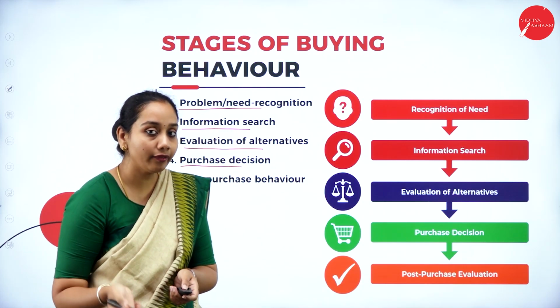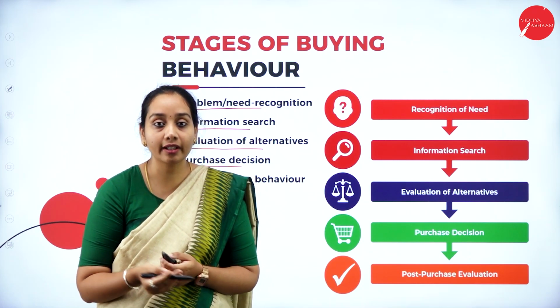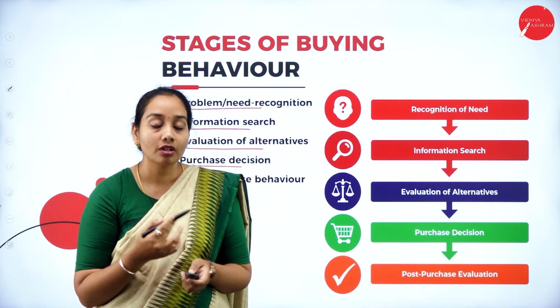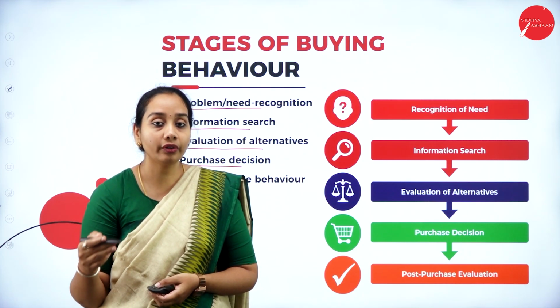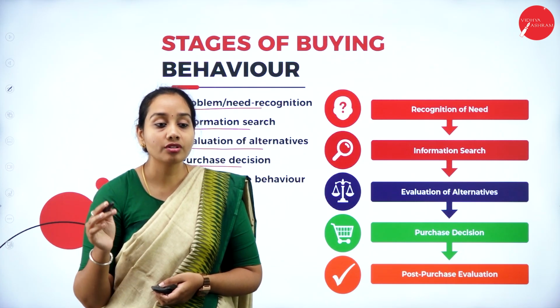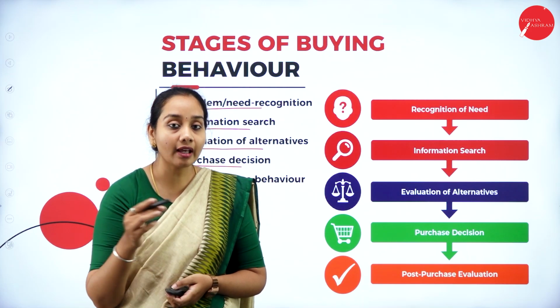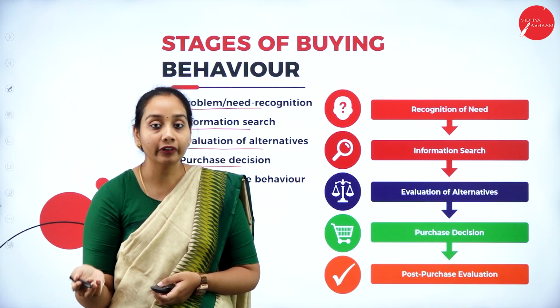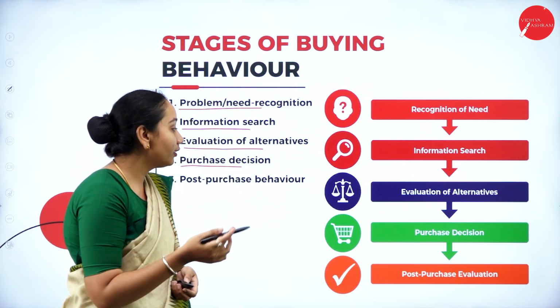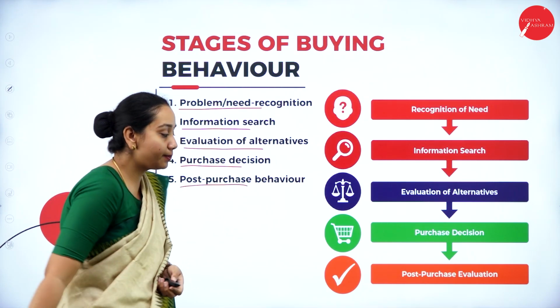So after you have analyzed all these factors, like I have told in the previous stage, the next stage is to make a decision. You are going to decide on a bike, a moped, or an electric scooter. Depending upon that, you are going to purchase the vehicle. Then the last stage is post-purchase behavior.